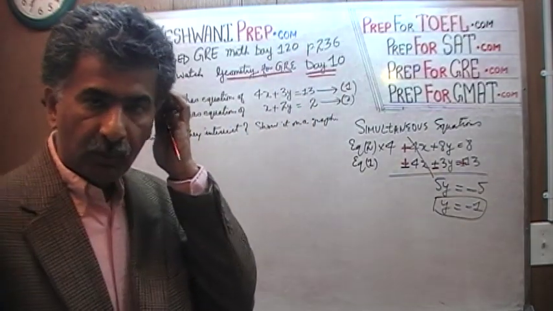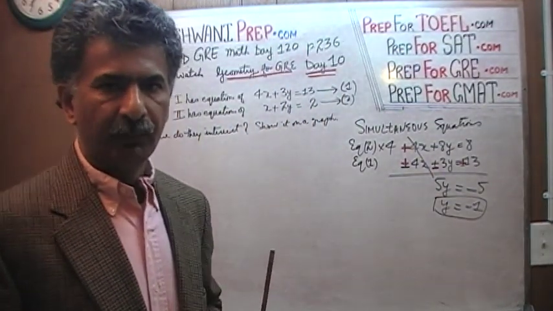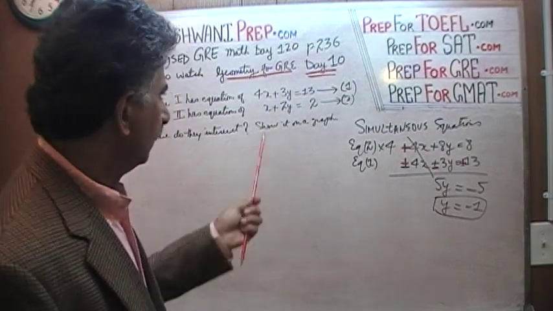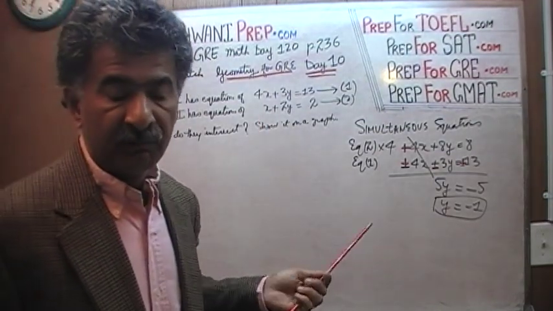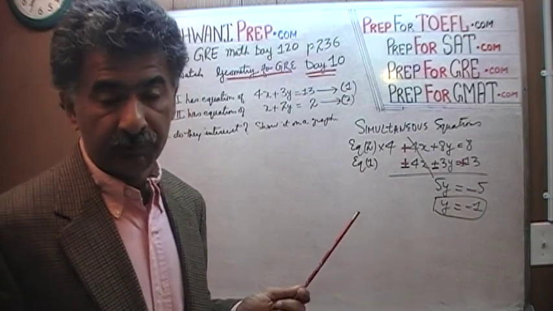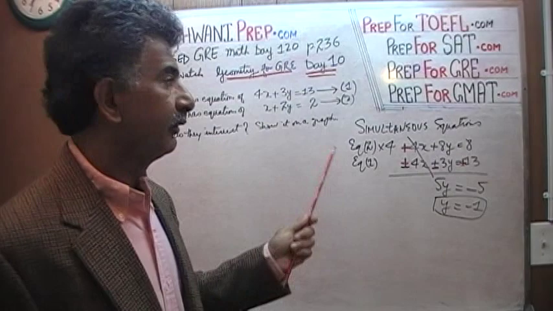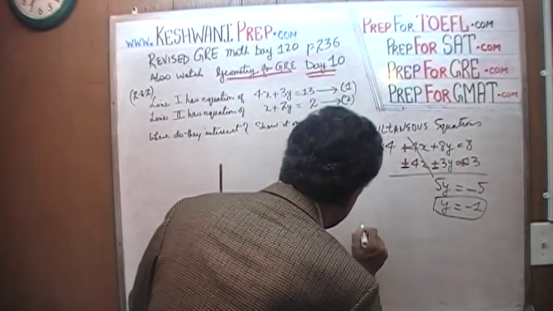Now we have to figure out what is the value of x at that point. When y equals negative 1, what value of x will satisfy both equations? And since that value of x will satisfy both equations, it doesn't matter which equation we take. We just substitute the value of y and solve for x. I'm going to work with the second equation because it's simpler. So equation number 2